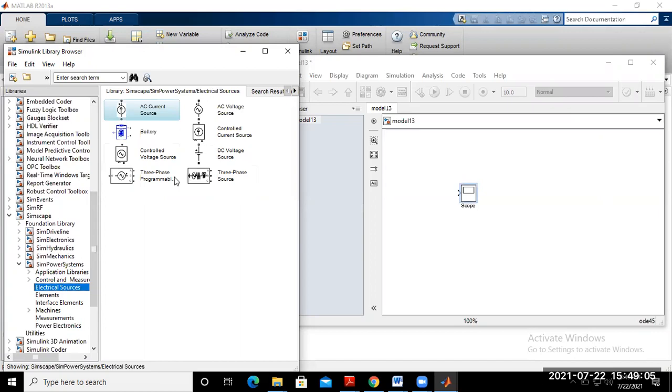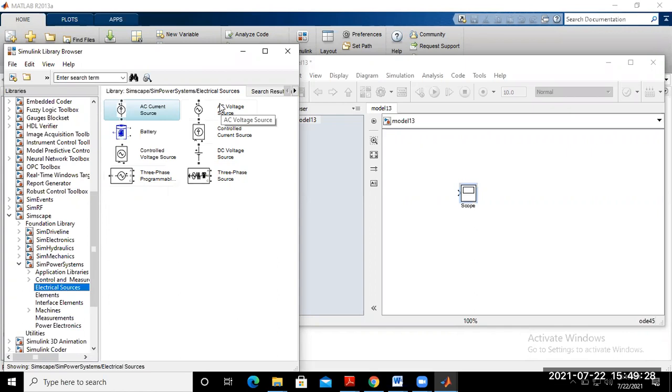Single phase AC source, AC voltage source, current source. So we require a three-phase source, is it not? Three-phase source, or maybe three units of single-phase AC source. Whatever you may want, either you go to this one or this one.